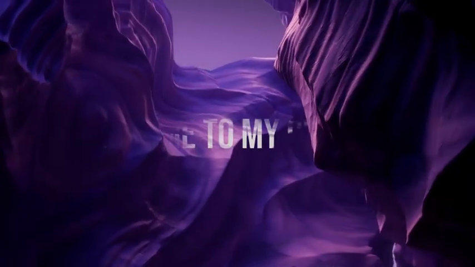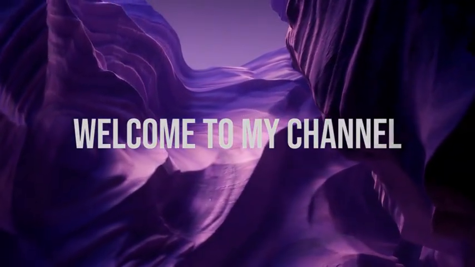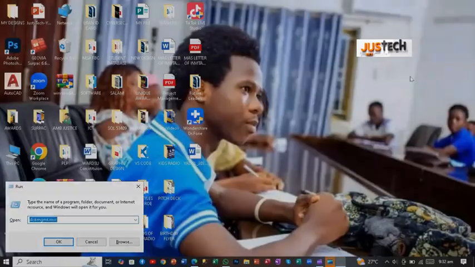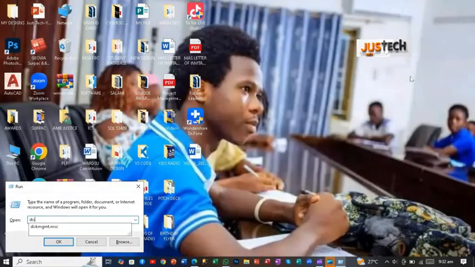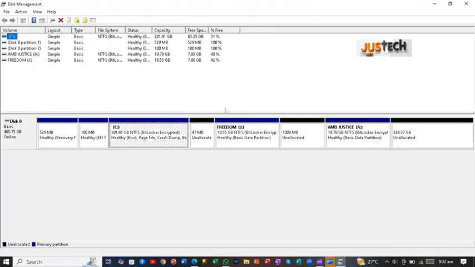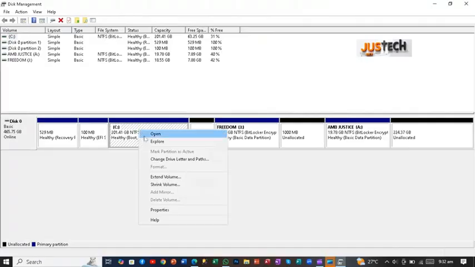How you dey partition a drive in Windows 10 or 11, step-by-step guide. At first, what you need to do, press Windows R on your machine and type disk-mgmt.msc. As you done, click OK and wait. Here is Disk Management. If you already get C drive, right click on the C drive and click Shrink Volume